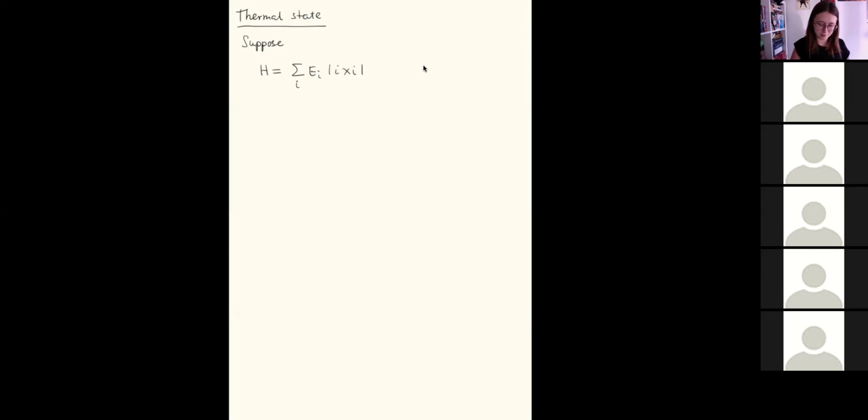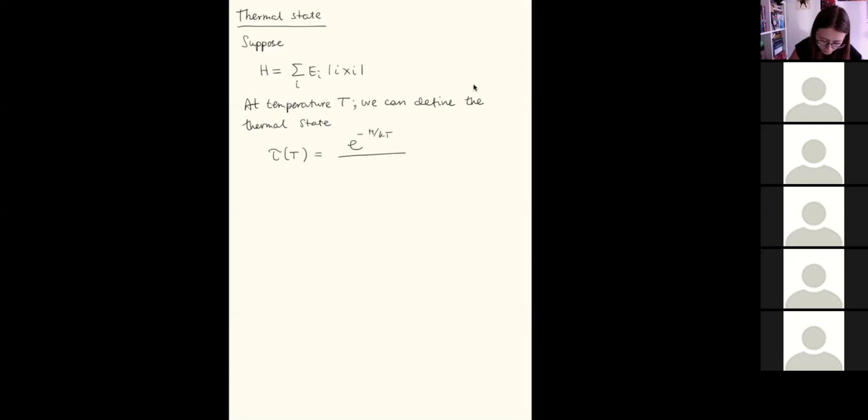Sorry, seems that my pencil is acting weirdly today. Okay, so the system is kept at temperature T. And for this temperature, we can define a certain state, which we'll call the thermal state. I'll give the intuition for this in a moment. So this is essentially the following state, the density matrix of which can be written as e to the power